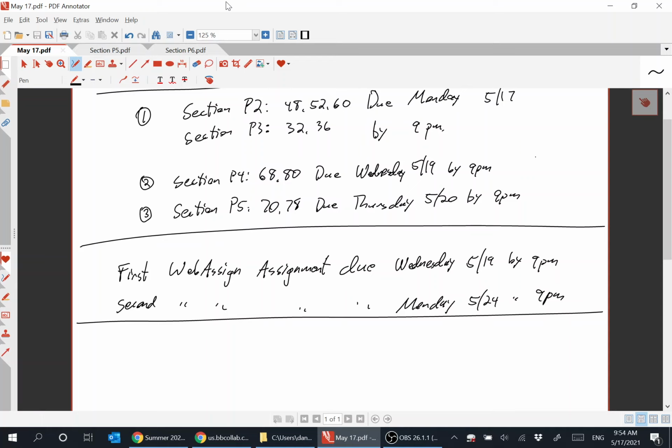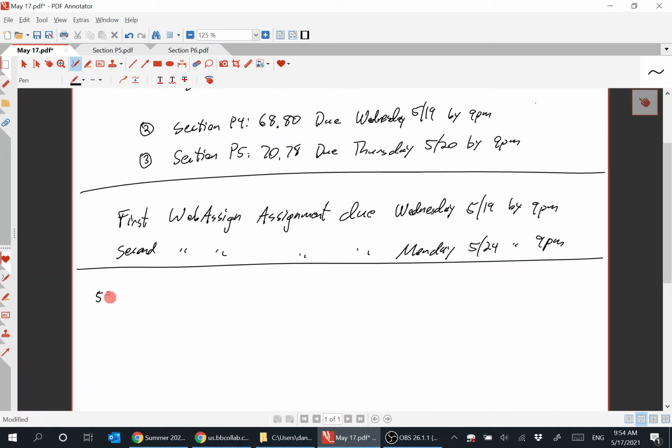Let's see, what was assigned was 59 to 85 odd, and then 94. And the ones I assigned to turn in were 68 and 60. So with number 59, well, let's go over. So section P4. With number 59,